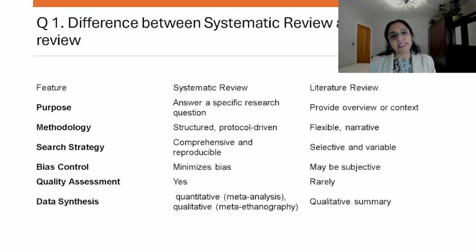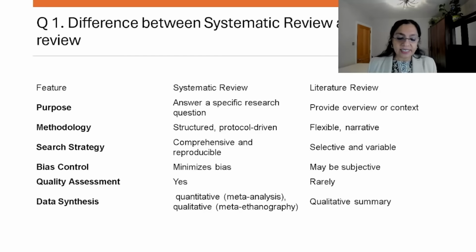For example, double data extraction, quality assessment of individual studies included, and several other quality assessment checks we do in systematic review. But in literature review, that is not necessary, and that is subject to more bias. Quality assessment is an essential step in conducting systematic reviews, and it is rarely done in literature review.